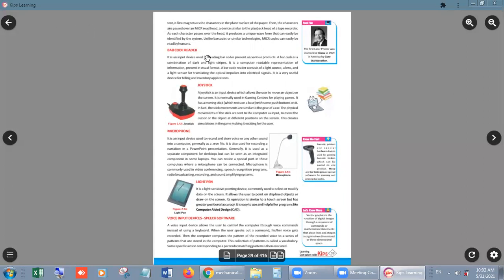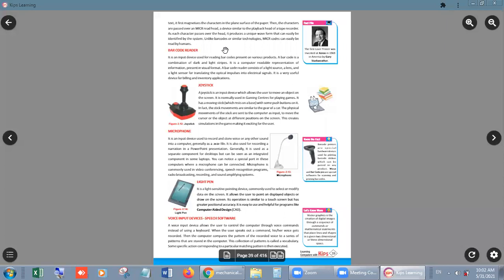Next is barcode reader. We all know about it. On many items, many articles, you can see the barcodes, right, in the form of price. Then very quickly, I am going to show you both the things, and I will read all the names, which you can go through very easily. This is joystick. Joystick is used to play games on the computer.